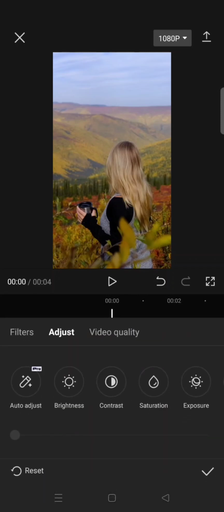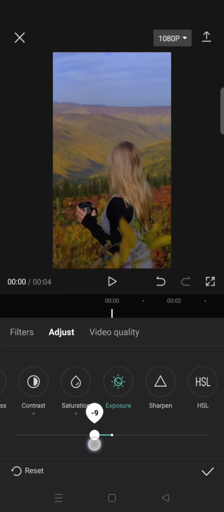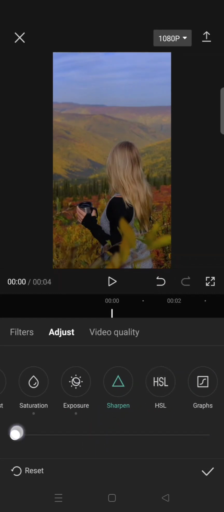going to show you. First, for the brightness, lower it to -10, contrast -30, and saturation increase it to 10. Now exposure -10, sharpen 30,